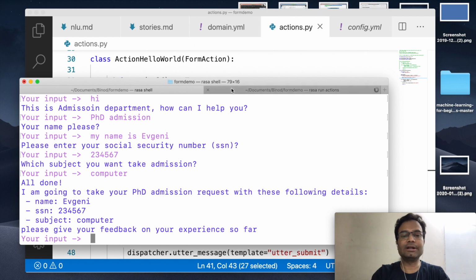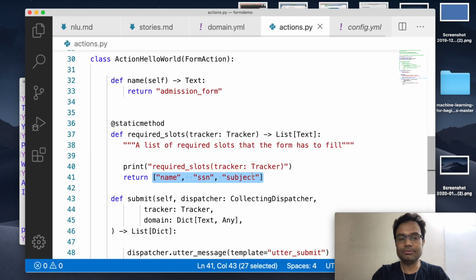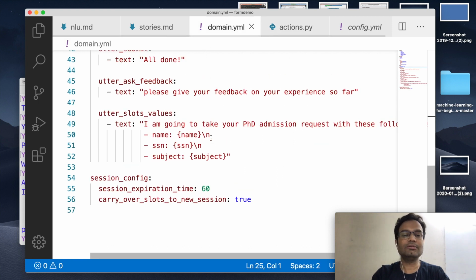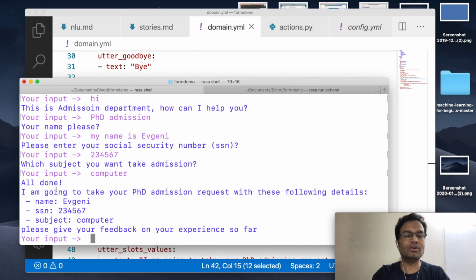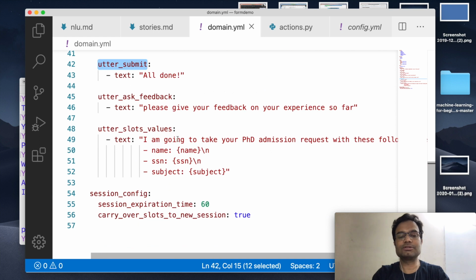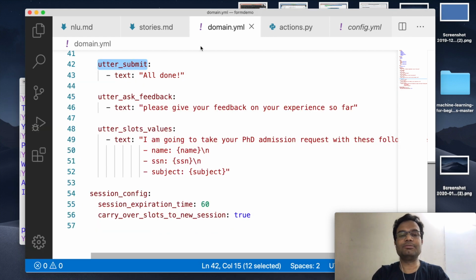You can see here the form is null, and utter form is complete, done, and then it is giving the utter submit. And what is the utter submit? Go in here, it is submit. So that's why you got the all done, and this information is coming from here, all the slot values. I'm going to take your PhD admission with this data.